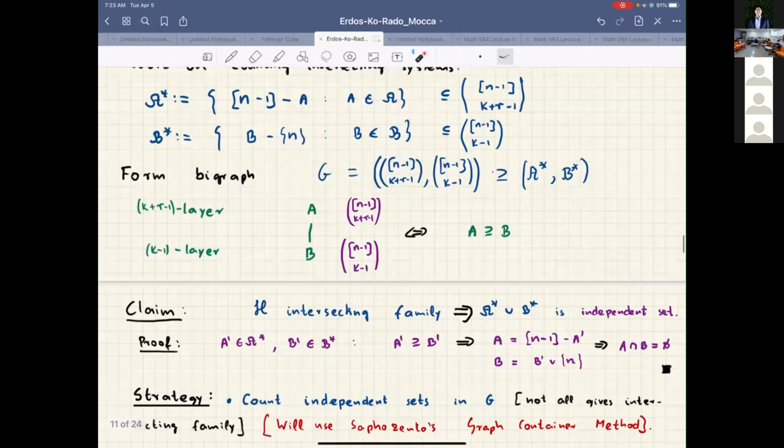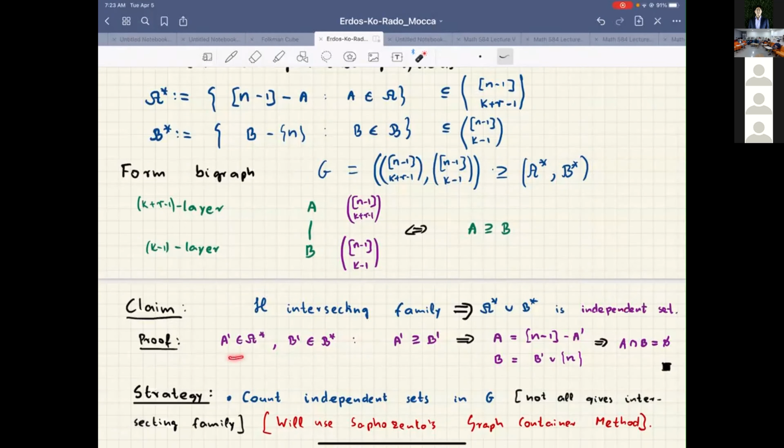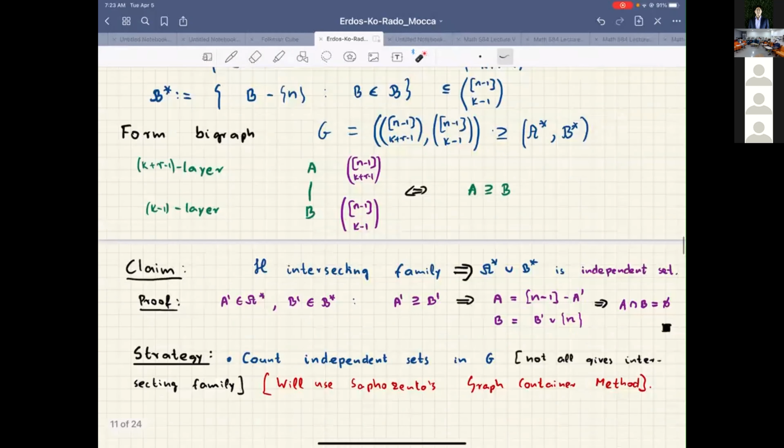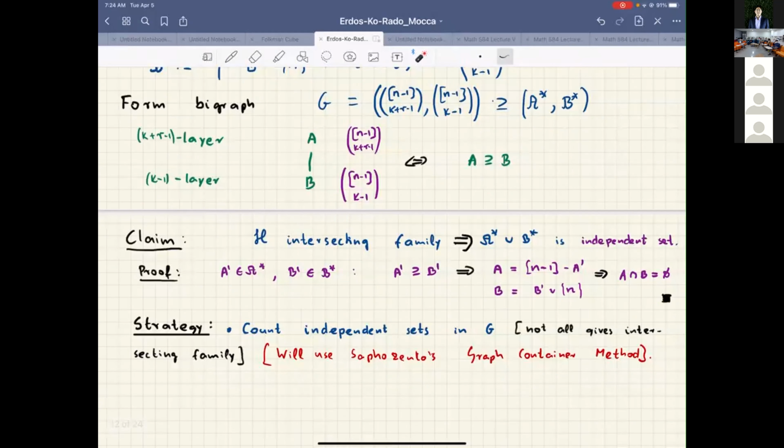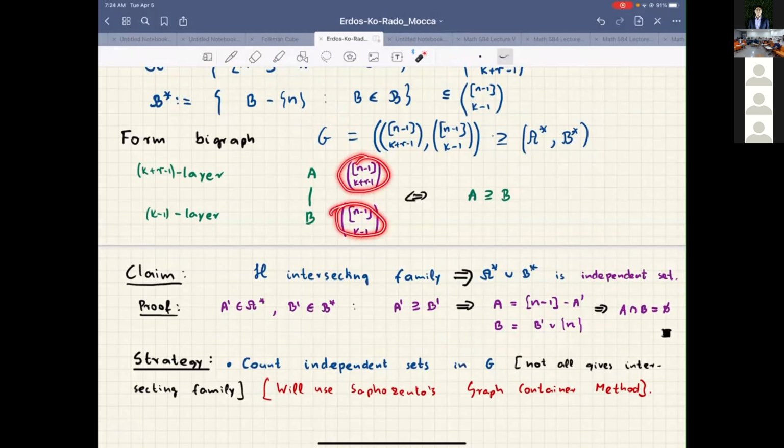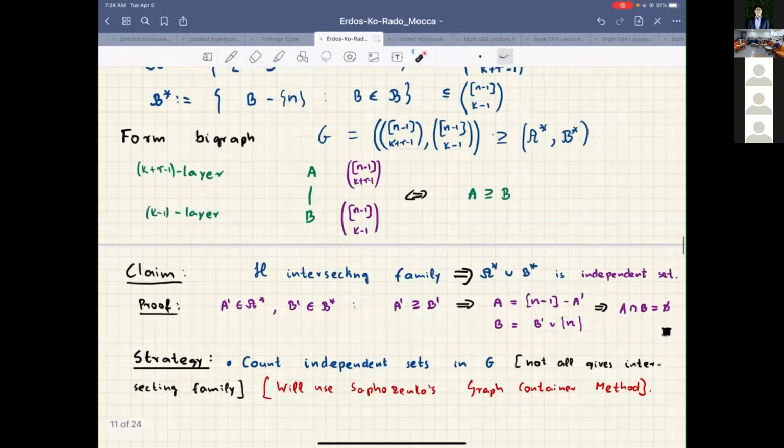And the completely elementary observation is that if we started with an intersecting set system, then for these sets, what we are creating is an independent set. And here we just have to check this definition that indeed, if we had a containment, then the sets were intersecting in H. So this lets us transform the problem to count independent sets in the graph, and we have the entire layers with all these edges, and one can run